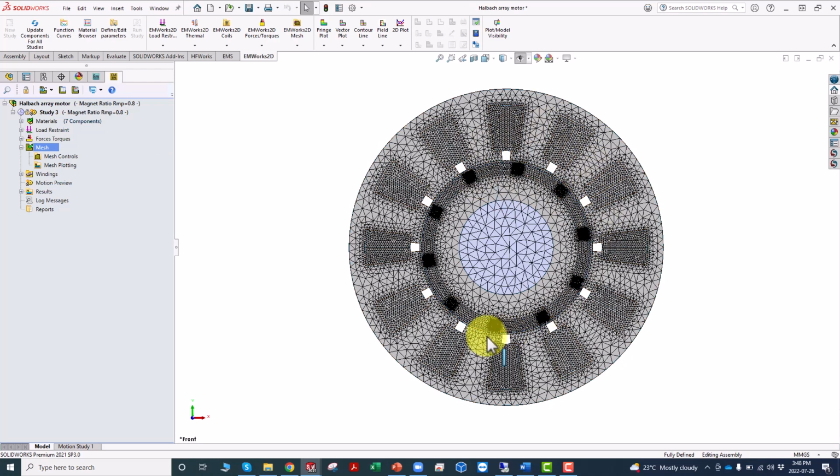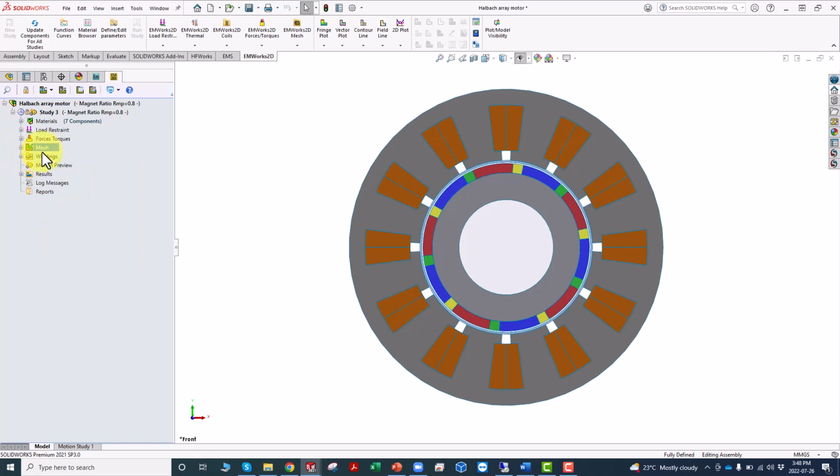So here is a mesh arrangement for our today's analysis. Once we are done with the mesh setting, we have to create a winding configuration. So here we have winding 1, which represents phase A, phase B, and phase C. And under phase A, which is termed as winding 1, we have a different set of coils which act as a go path, and then we have a different set of coils which act as a return path for the concentrated winding